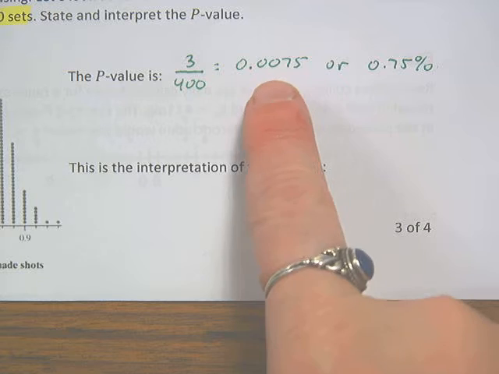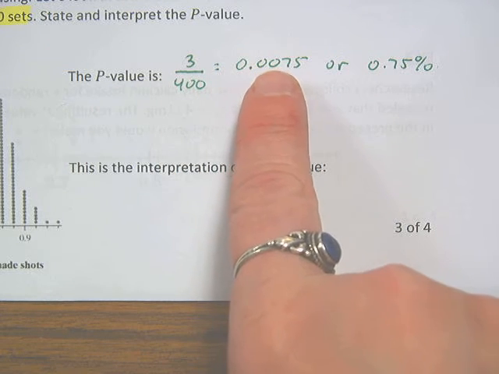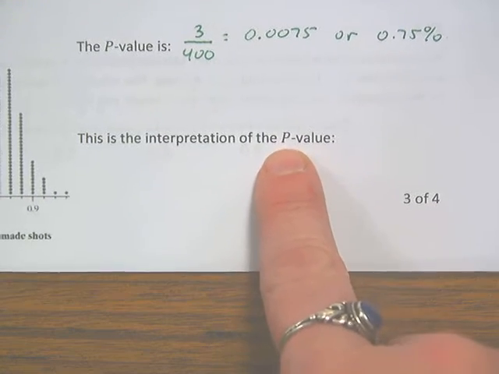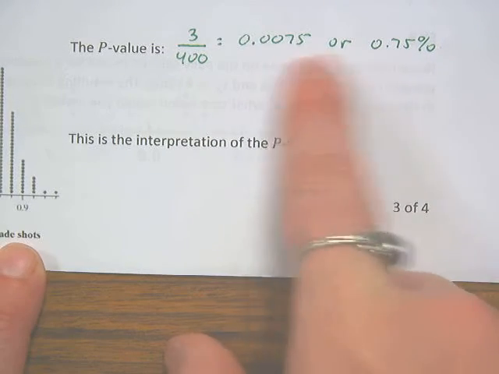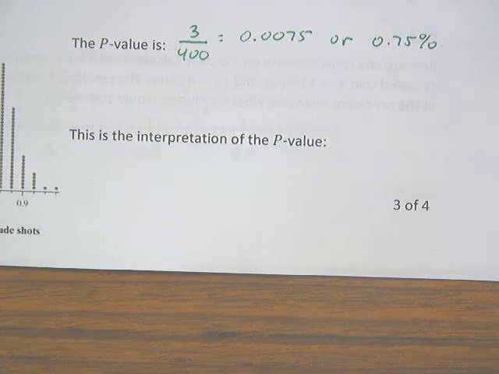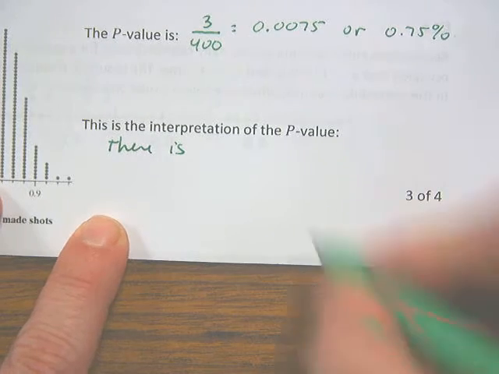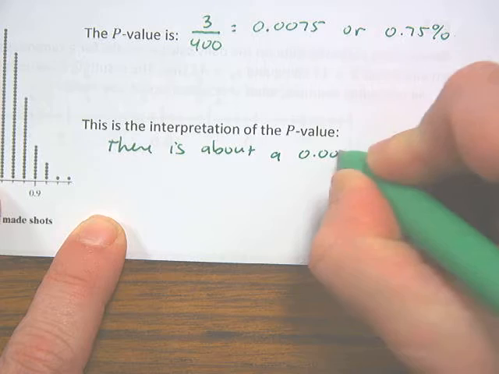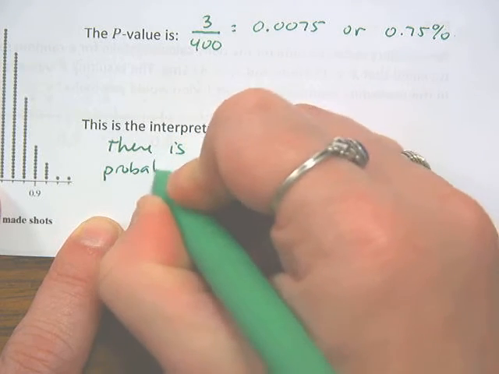So everything boils down to this. You're always going to look at your p-value to draw conclusions. So this p-value stuff's really important. So here, to interpret the p-value, you would say, all right, this only happened a very, very little amount of time. So what that means is there is about a 0.0075 probability